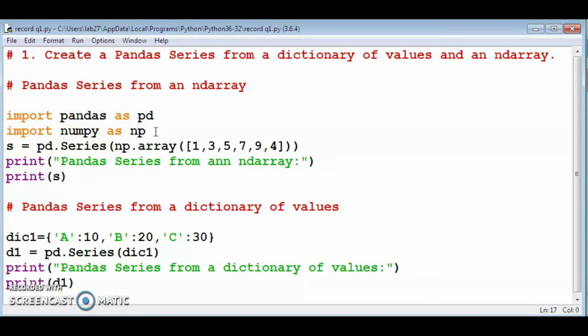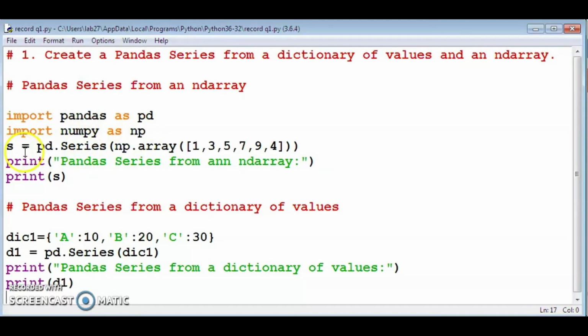Then next statement, import pandas as pd, import numpy as np. We have to import the pandas library and numpy library to our program by using these two statements. Numpy for array, pandas for series.